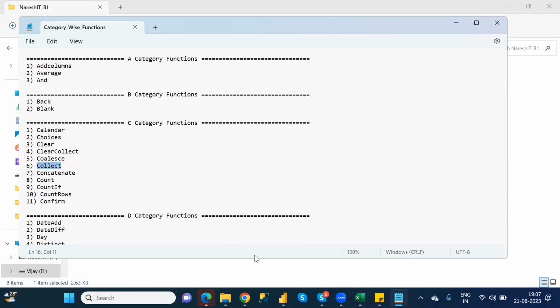So today we need to discuss the Concatenate function. What does the Concatenate function do? Everything we can discuss in today's class. Concatenate is nothing but